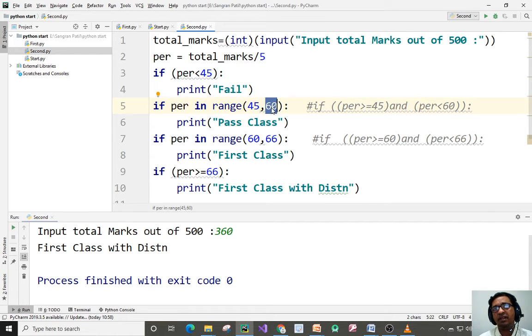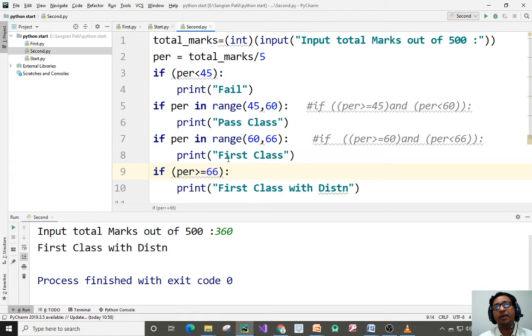Okay, this last value it doesn't include. So this is always less than second value. It starts with greater than or equal to the first and it ends over here minus 1. So start with 60 and end is 66 minus 1, that is 65. So this is the beauty of Python, which is given over here.